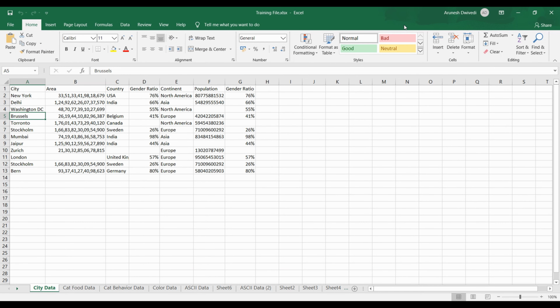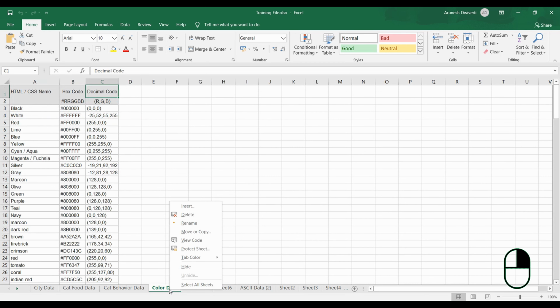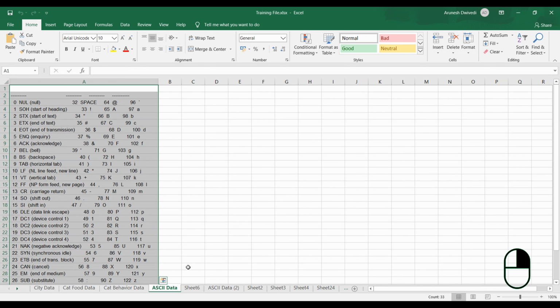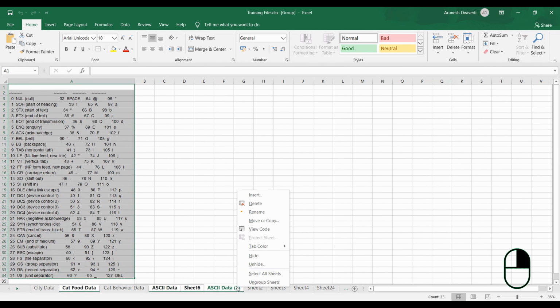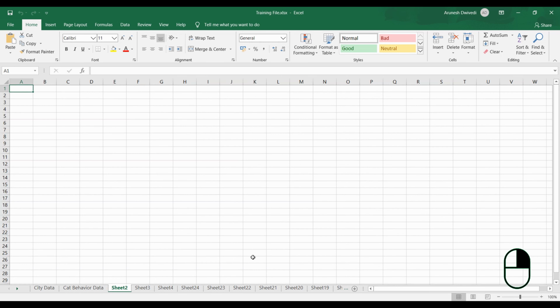If you want to hide a sheet, there is no keyboard shortcut for it, or at least I would not call it a shortcut, because you have to press like 4 or 5 keys to hide the sheet. So the best way to do it is you right click on the sheet and select hide. If you want to hide multiple sheets together, then keeping Control pressed, select the sheets that you want to hide. Let's say I want to hide all these sheets. You right click on it and select hide, and all the selected sheets would be hidden.